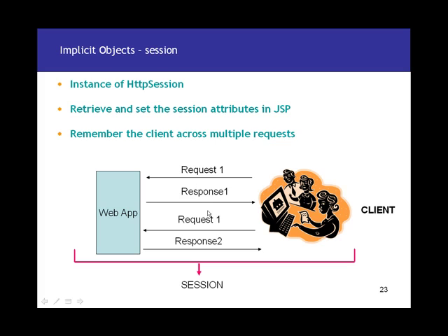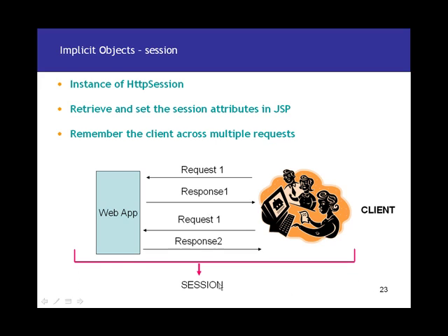And we know that since HTTP is a stateless protocol, it doesn't really know if one particular request is coming from the same user or a different user. It treats every new request as a completely different request, and it's not able to differentiate whether it's coming from the same user or not, right? But